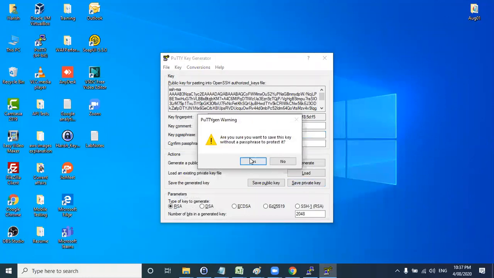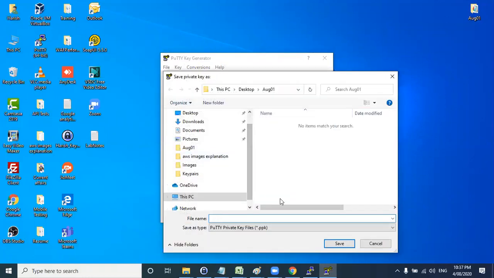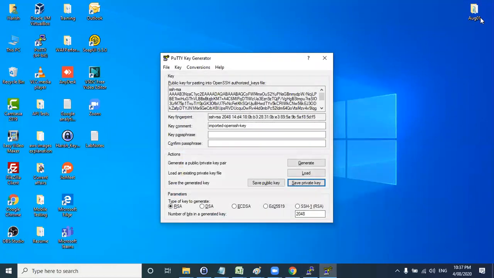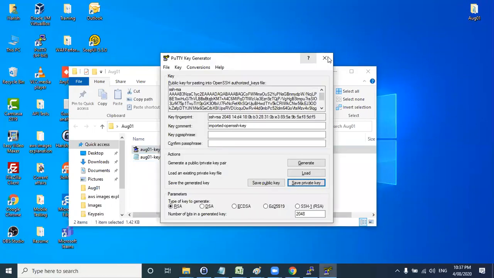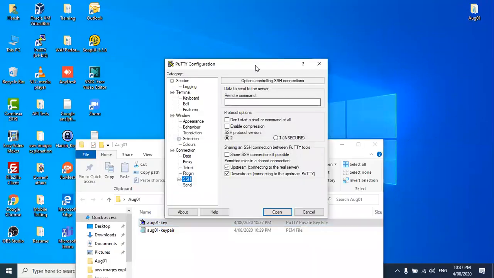Click on save private key, then give the name here, August 1st key, and save it. If you go and see the folder here, a PPK file is already generated. Clear? Now using this PPK file and this putty, we will be logging into our EC2 instances or remote servers, which we are going to create from today. Clear?